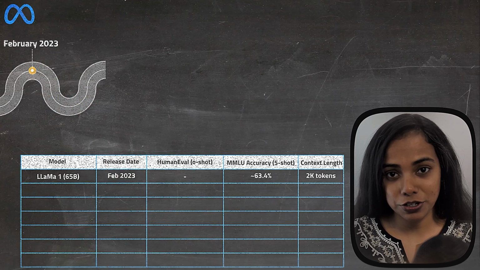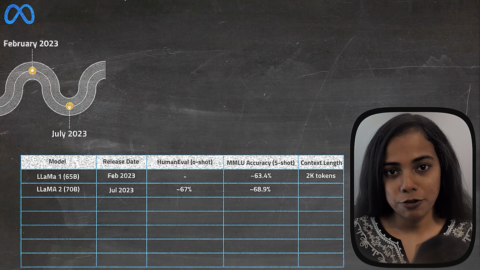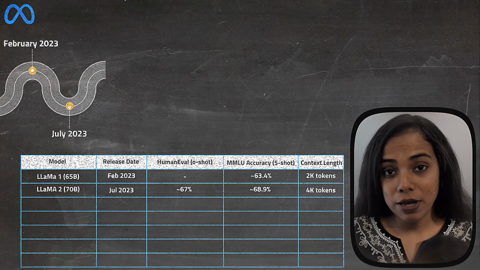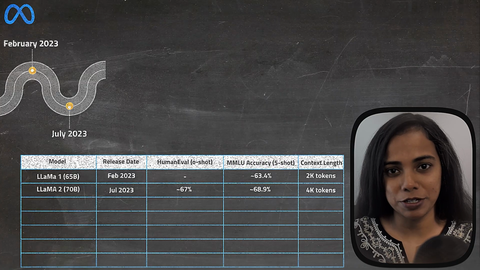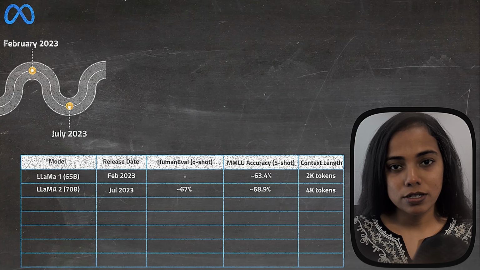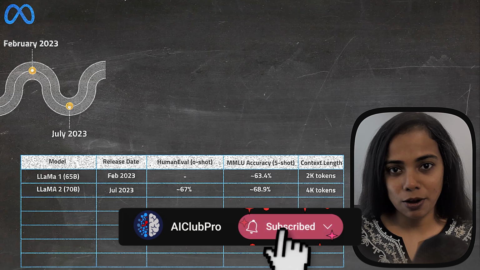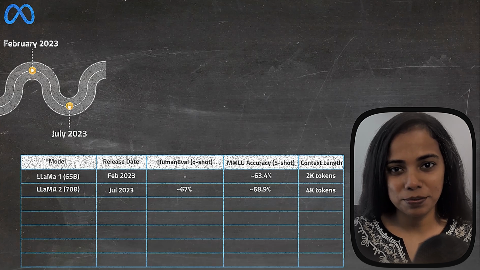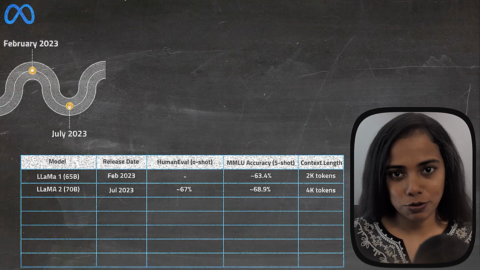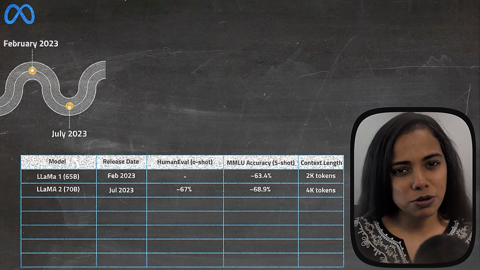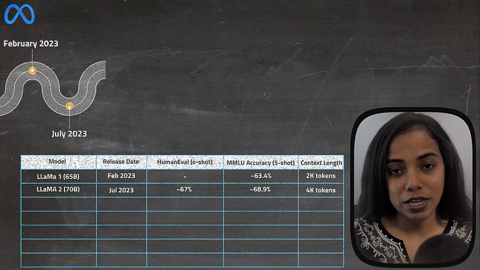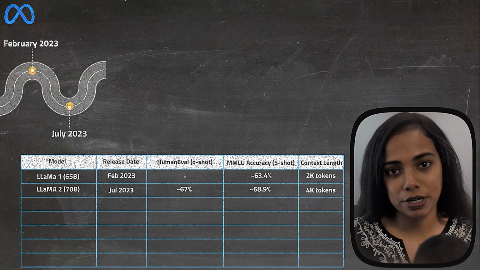In July 2023, an improved version called LLaMA 2 was released with an expanded 70 billion parameter model, which replaced the previous 65 billion parameter model. LLaMA 2 also included models fine-tuned for dialogue, which are chat versions. This model was trained on 2 trillion tokens of data, including a mix of publicly available text, code, knowledge, conversations, etc. And the result was a significant jump in capability.